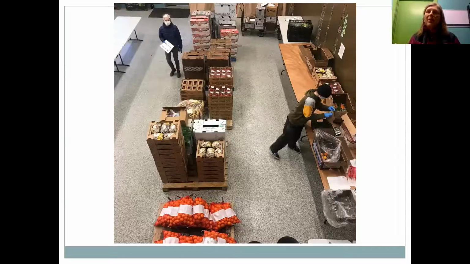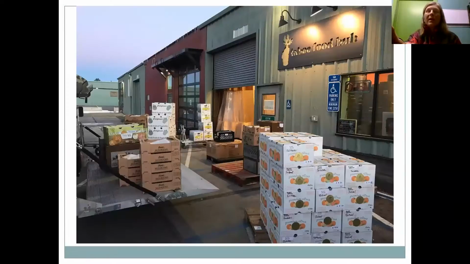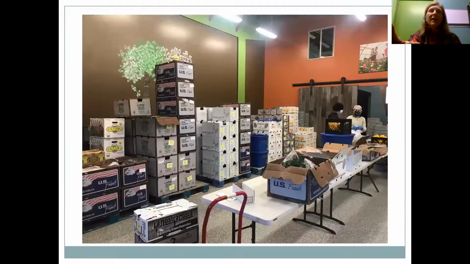And then the donations started coming in from all over the place. So we were collecting donations. Next slide. Donations were coming in not only through our Harvest to Order program, they were coming in through our online platform. They were coming in from foundations, private donors. Next slide. This is just setting up for all the produce in the morning. More of our harvest box line. Next slide.